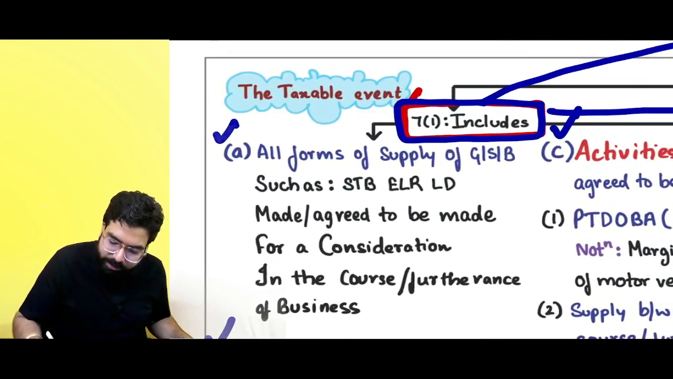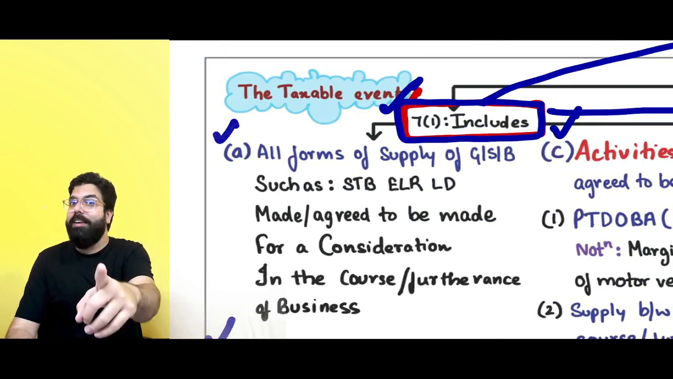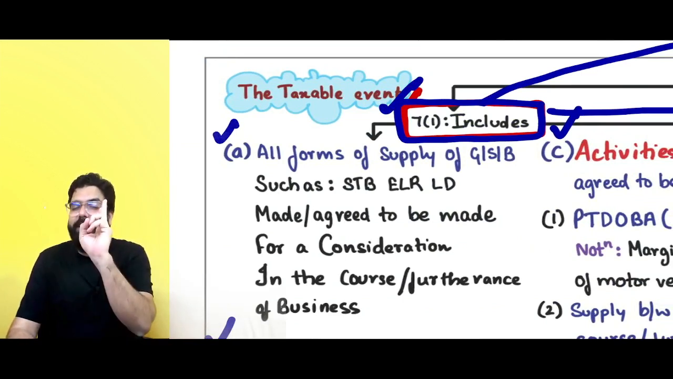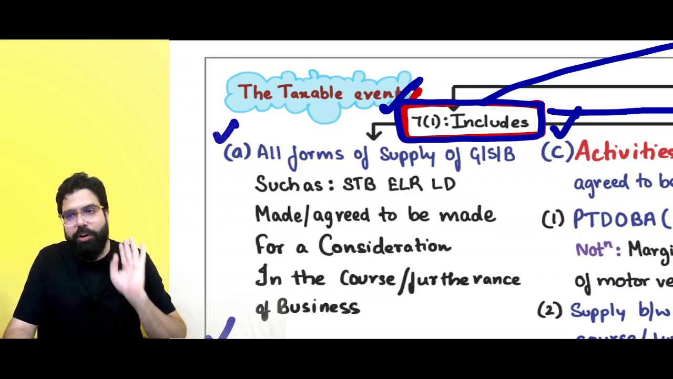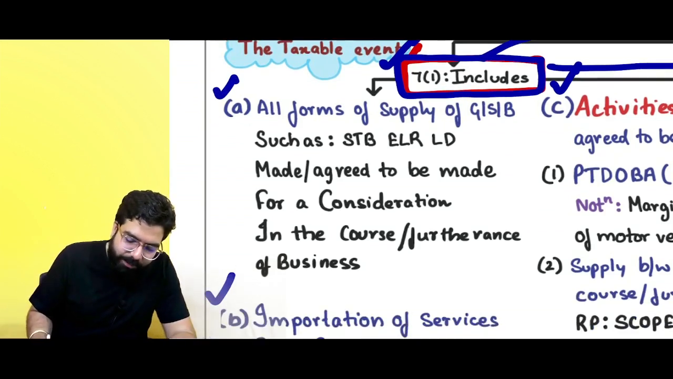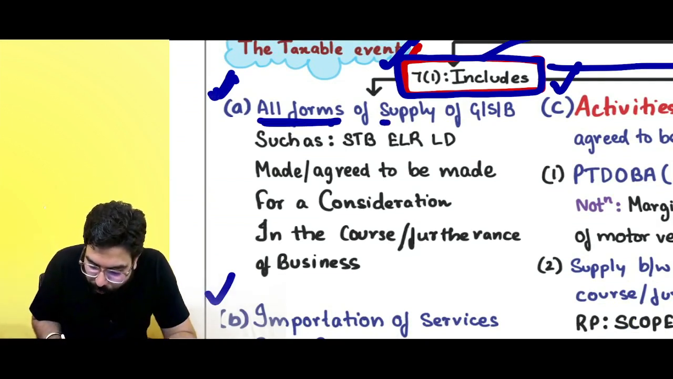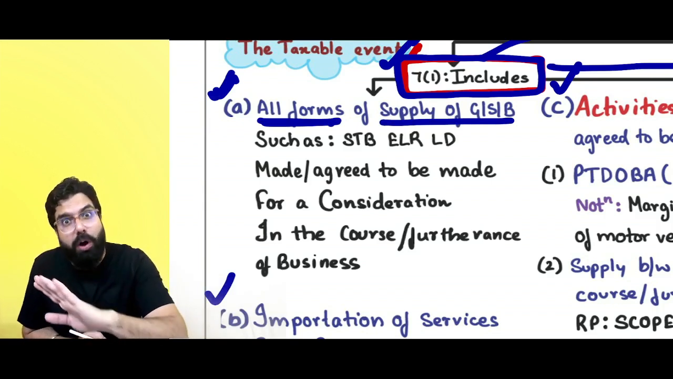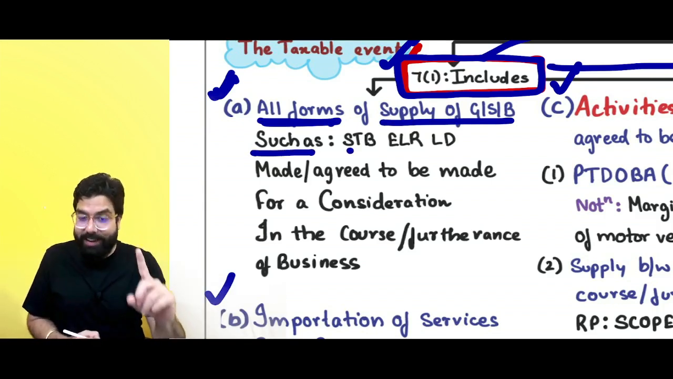Let's go ahead and start understanding with section 7(1). Supply, always remember, is the taxable event. If you follow the definition of supply, then GST shall be imposed on your transaction. Okay, done, sir. Section 7(1)(a) talks about all forms of supply of goods, services or both. All forms, whether you call it a sale transaction,